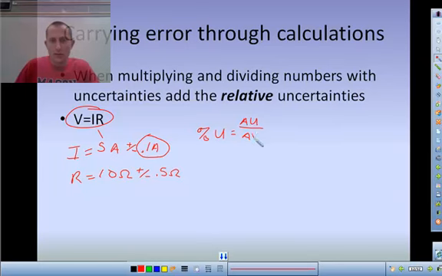I'm just making these symbols up, they're not written down anywhere. Absolute uncertainty divided by actual value. And so here we have 0.1 over 5 amps. And so that's going to give us a value of 0.2. We're going to express it as a percent, so we multiply by 100, and we get 20%,